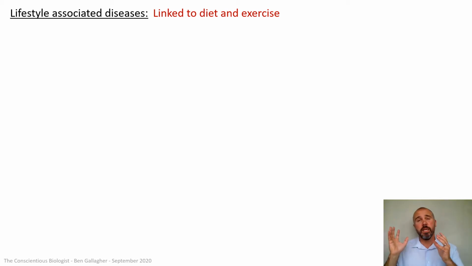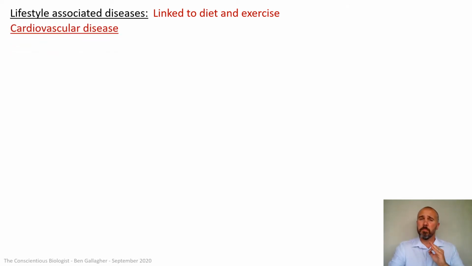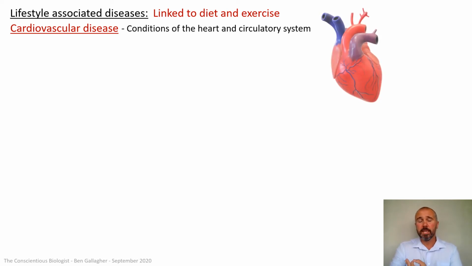We had it on the last slide in the lifestyle associated diseases. This is one of the worst ones. The reason being is poor diet, lack of exercise leads to cardiovascular disease. Cardiovascular disease is absolutely the biggest killer in the high middle income countries, the more developed countries of the world, because of what people do in their lives, because of poor diet, poor dietary choices, lack of exercise, which sometimes is just because of lack of opportunity, because we get so busy in our lives. But it's a real big killer because it can destroy the heart and the circulatory system as a whole. So let's look at some of the key parts of cardiovascular disease that are associated with poor diet and exercise.